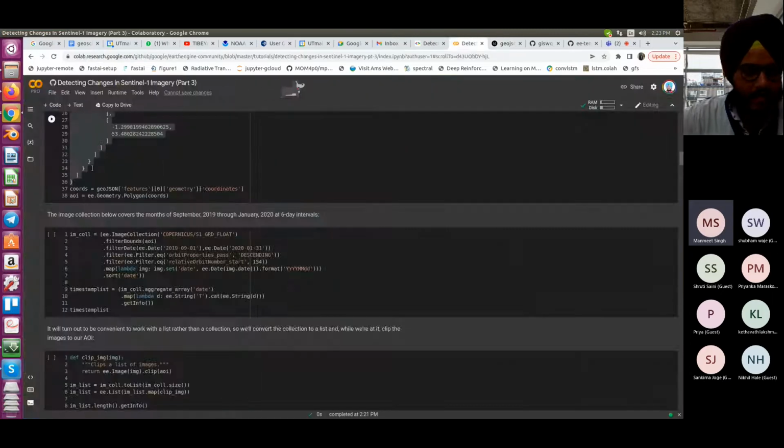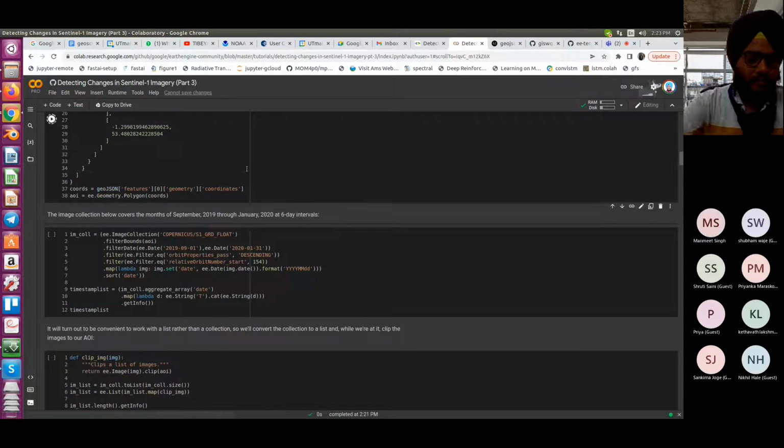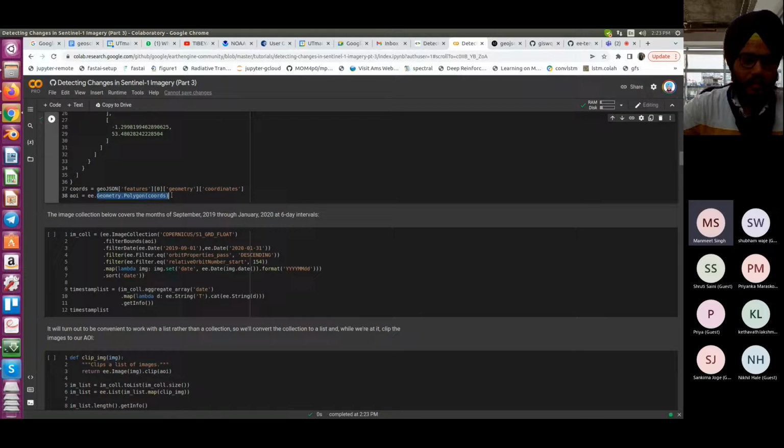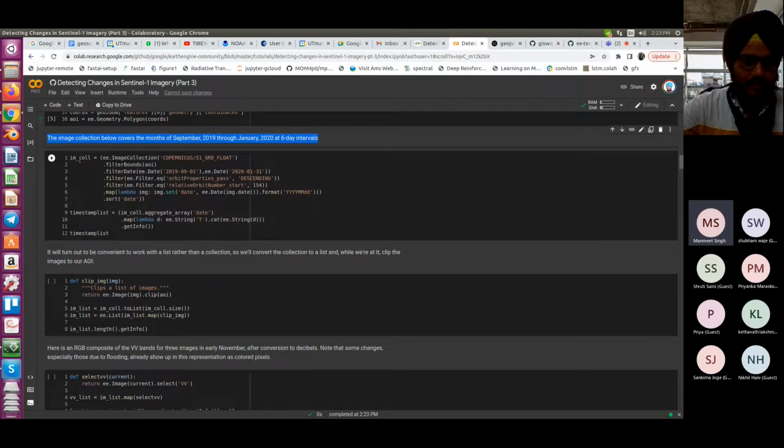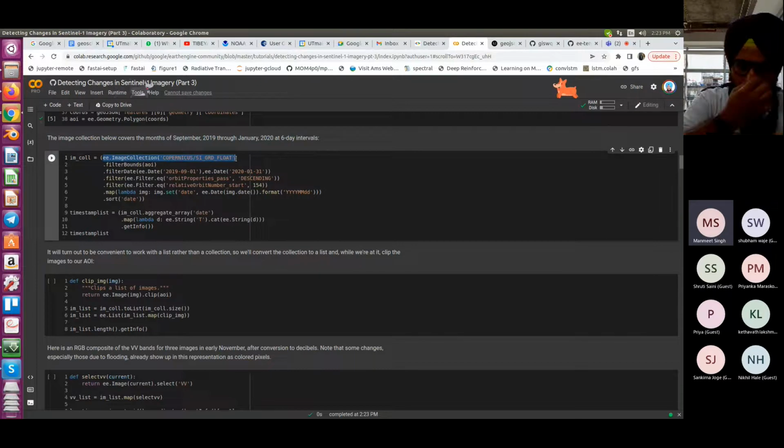Okay, so let's extract the coordinates from this GeoJSON dictionary, and we have the area of interest, which is a geometry data structure. The image collection below covers the months of September 2019 through January 2020 at 6-day intervals. So we have this image collection, Copernicus S1 GRD float,